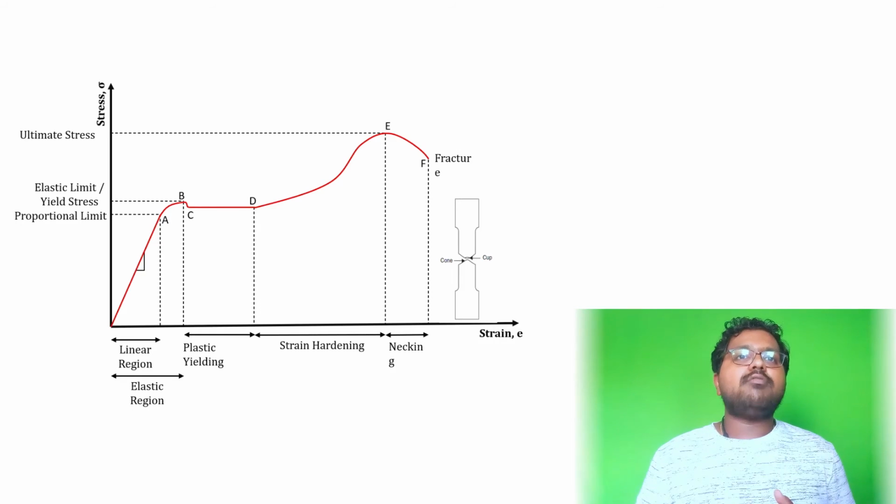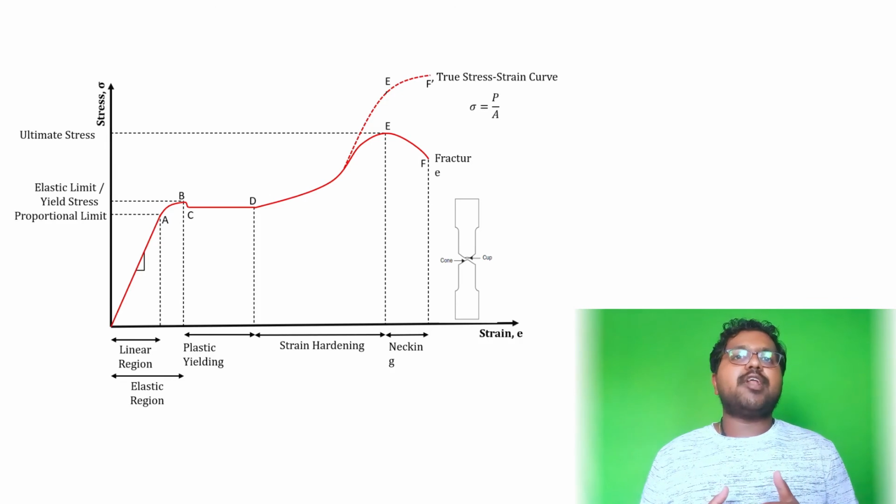So here what we have seen is the engineering stress or normal stress of the material, where the stress is force per cross-sectional area. For engineering stress calculations, only the initial area of the specimen is taken till the failure. But we know in the actual case necking is happening. So the diagram for the real or true stress-strain curve, if we draw it, will differ from this engineering stress-strain curve, like the dotted one shown here. So this is the general stress-strain diagram for a mild steel member subjected to a tension test.